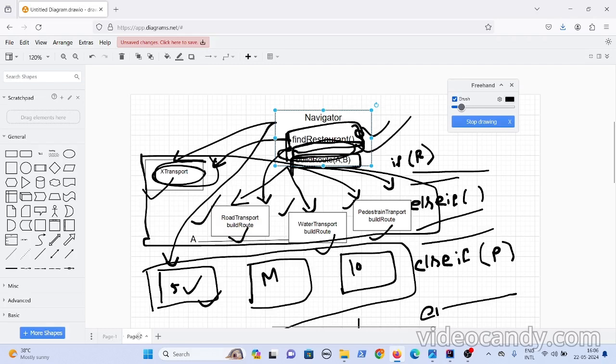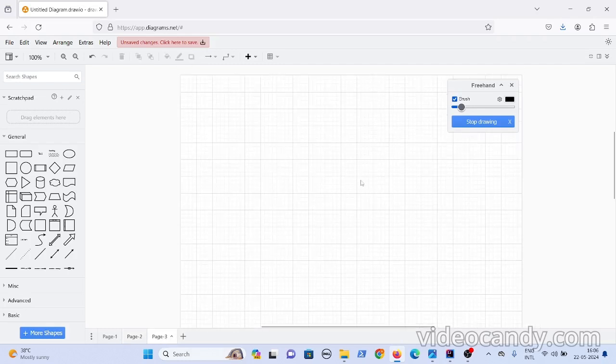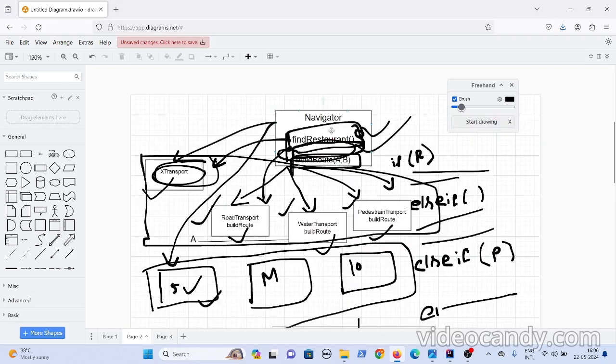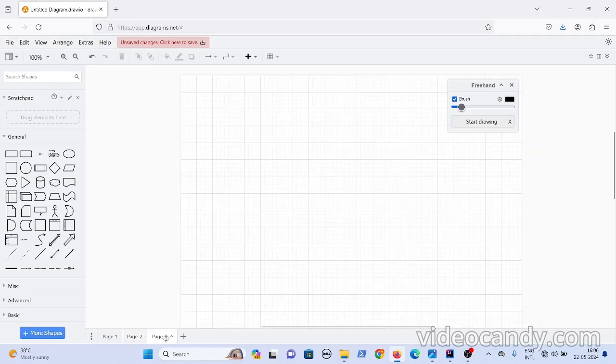What I will do is, let's create something else instead of inheriting the navigator class, because this road transportation logic is related to the transportation routing logic, but not related to the navigator, right? Navigator can have multiple behaviors, but I am inheriting the navigator class, which doesn't seem appropriate, right? So what I'll do is, maybe I can add a route class. Okay, build route class.